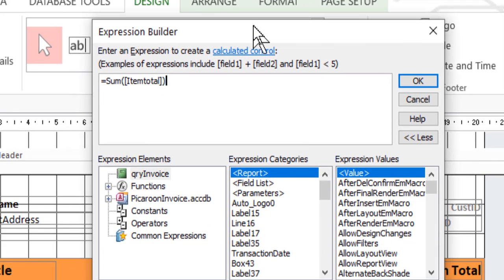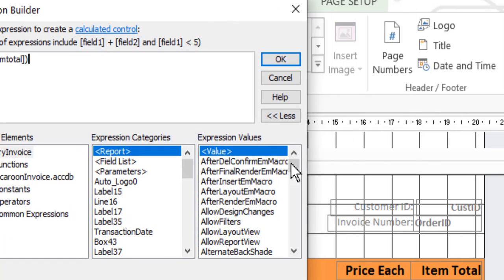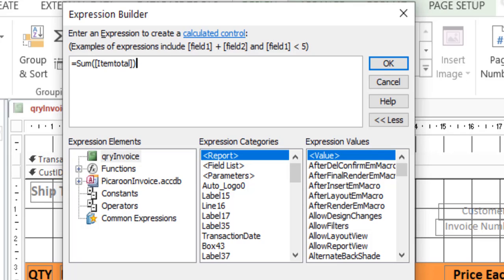You can see this. We calculate this retail subtotal. You will write your expression like this, and the subtotal field.